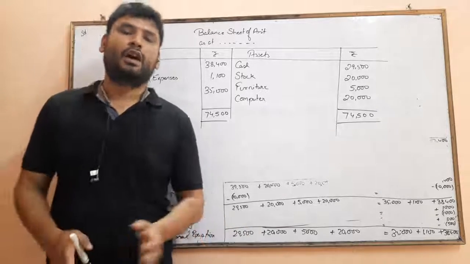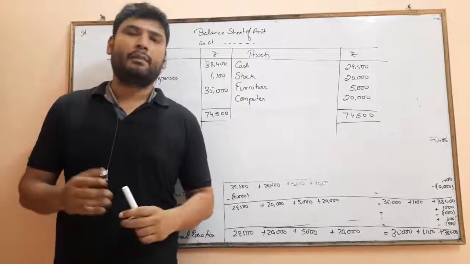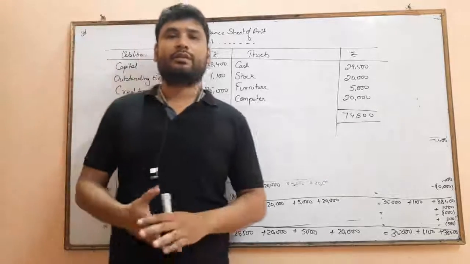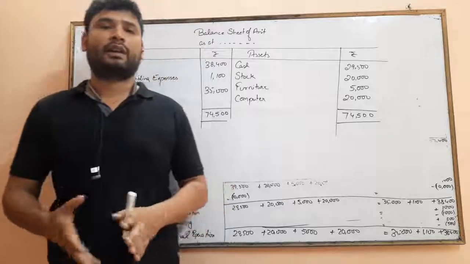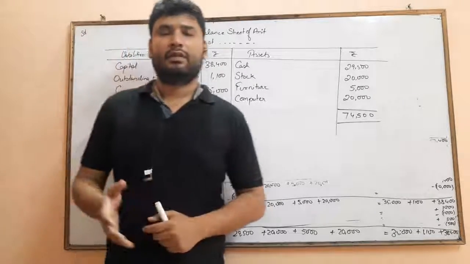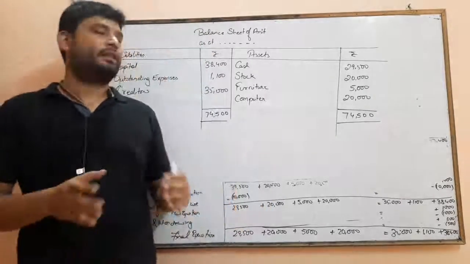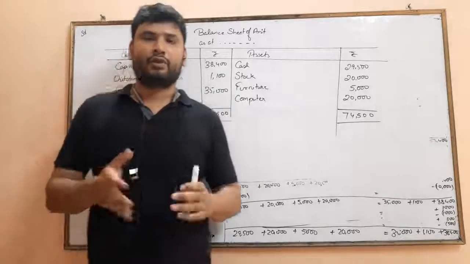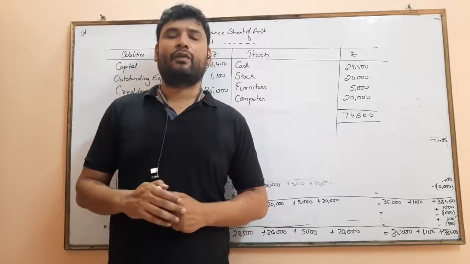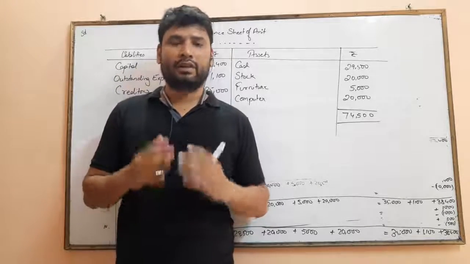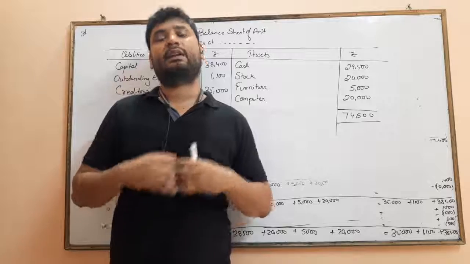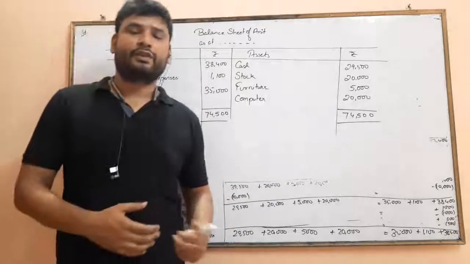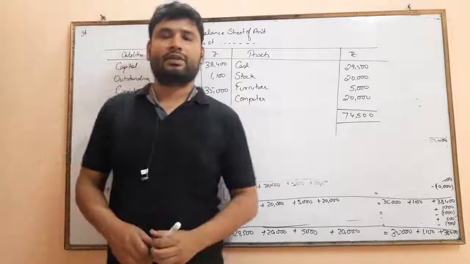Hope you have understood how to create an accounting equation and a balance sheet. In the next class, we'll discuss the statement question of how to calculate the capital of the company in the form of a statement, and I'll be sending you some questions related to the accounting equation. Do it in your copies. See all three videos on the accounting equation so that you may be able to understand in a much better way and in a perfect way. I've already made you do a lot of questions related to it. So I will be sending you the questions for your homework.